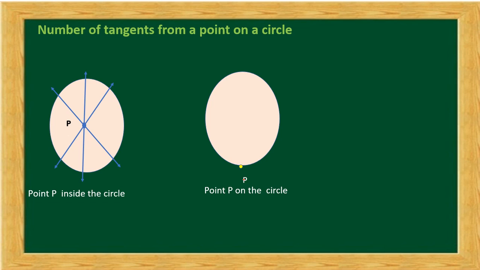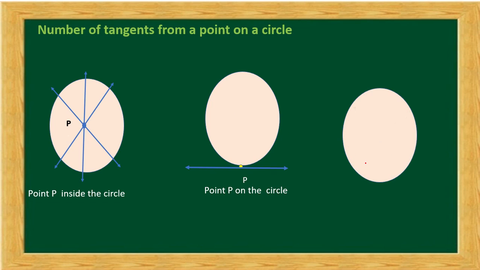So let's take a point named P, and when we draw a line, this is the tangent line as it touches the circle at a point. Now take one more point, and remember the position of this point P. In the first figure, its position is inside the circle. In the second figure, its position is on the boundary of the circle. And in the third figure, the point P is outside the circle. So let this point P be outside the circle.